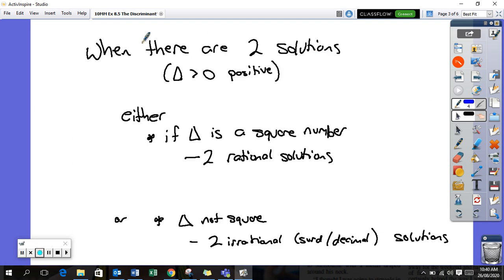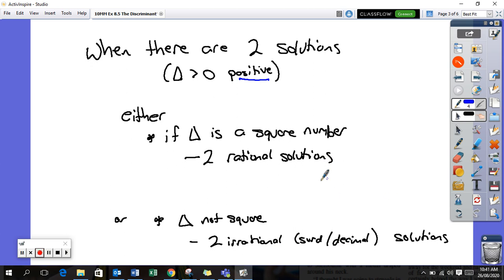Okay, in the case where there are two solutions, so 0 solutions is pretty straightforward. We get a negative value. One solution is pretty straightforward, just get one solution. When there are two solutions, that means the discriminant is positive. Either the discriminant is a square number, so we get two rational solutions, or it's not a square number, so we get two irrational solutions, which are